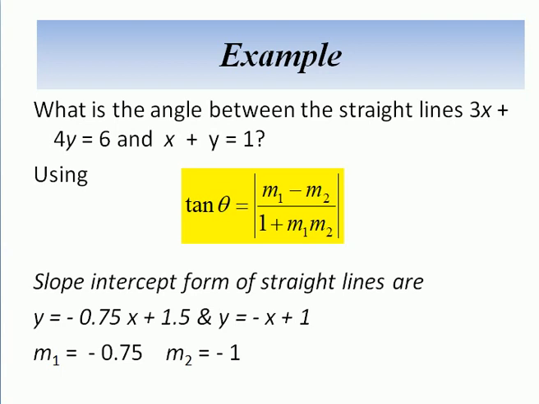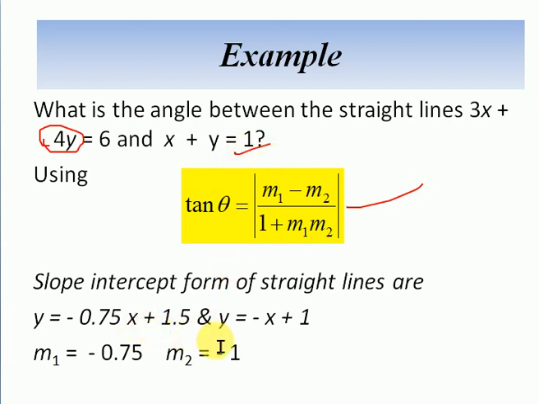Now consider one example on the angle between two straight lines. The first line is 3x plus 4y equals 6, and the second line is x plus y equals 1. So here we require the acute angle. So here use the formula with mod sign. First of all, convert the straight lines into the slope intercept form, and by taking 3x to the right side and dividing the whole equation by 4, so we get y equals minus 0.75x plus 1.5, and from the second